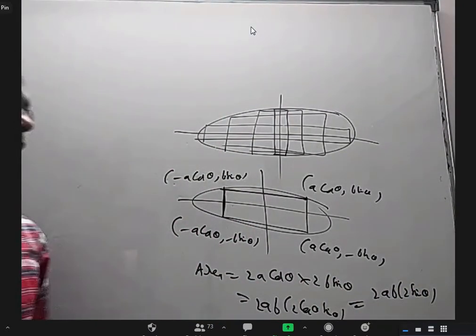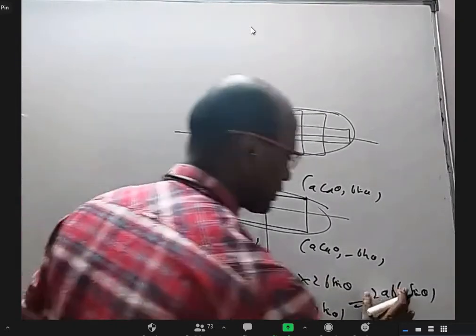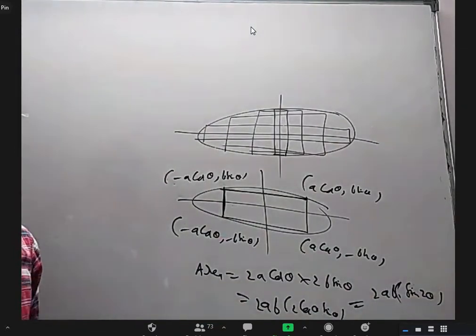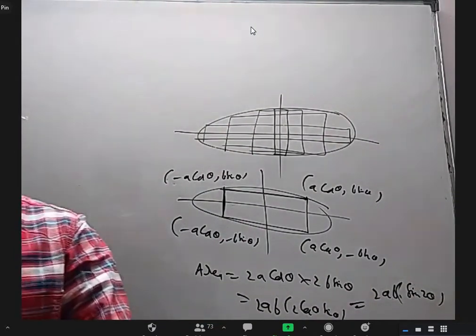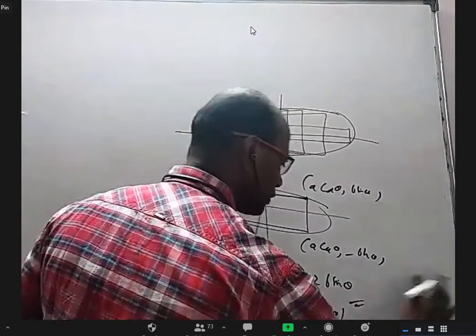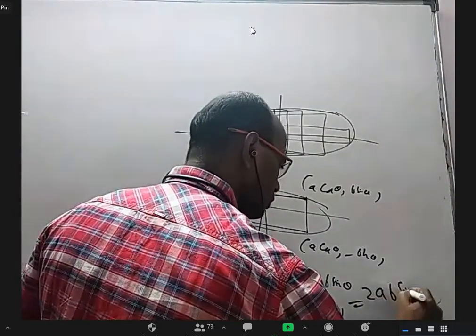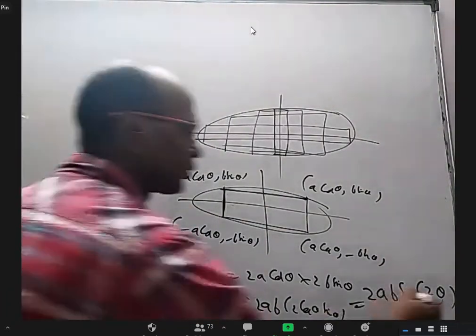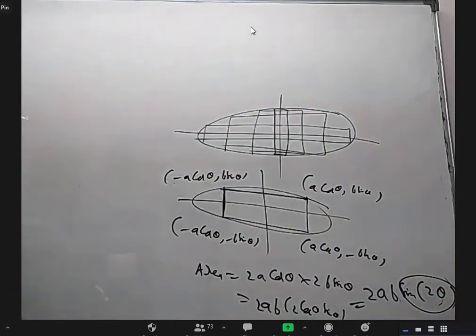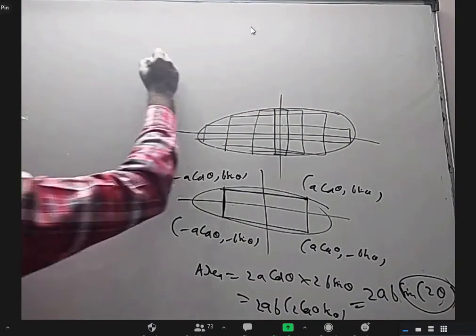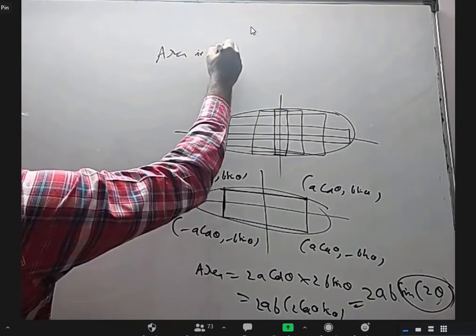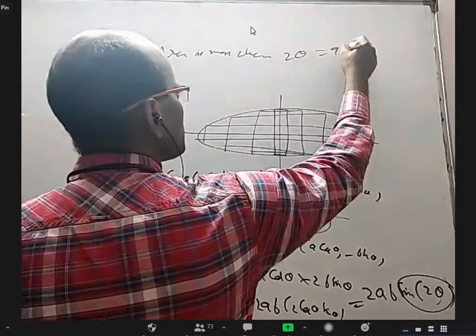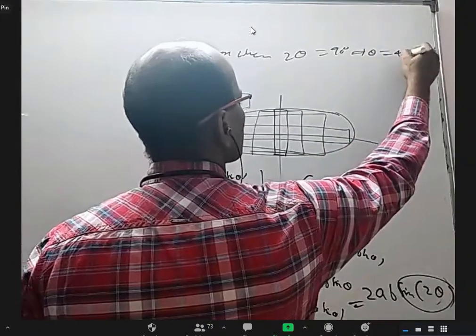I don't think I have to use any calculus to find the maximum value. What is the maximum value of sin 2 theta? 1. And that will happen when theta is pi by 4. Yeah, 2AB sin 2 theta. Sin of something maximum is 1. So sin 2 theta maximum value is 1 means that will happen when 2 theta is 90 degrees. So area is maximum when 2 theta is 90 degrees, which implies theta is 45 degrees.